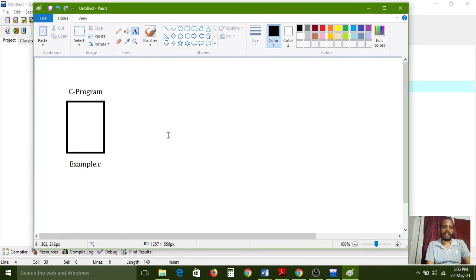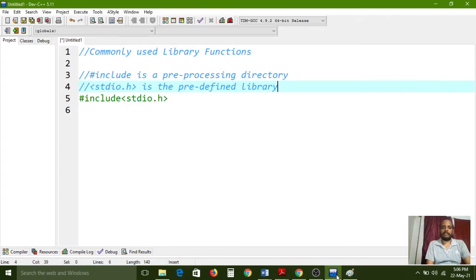When it is called source code, here we are writing the program. Here we are writing the actual C program in the editor window.